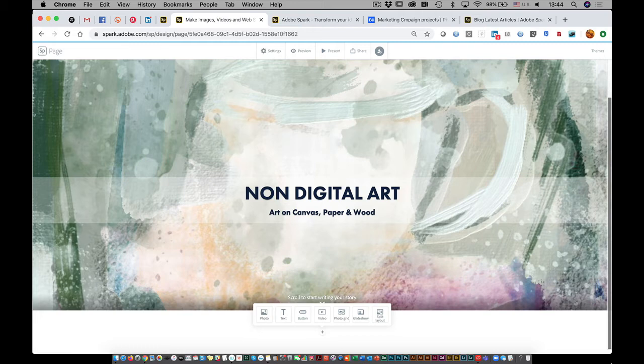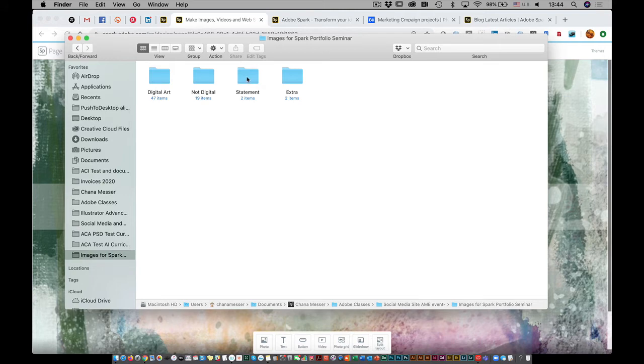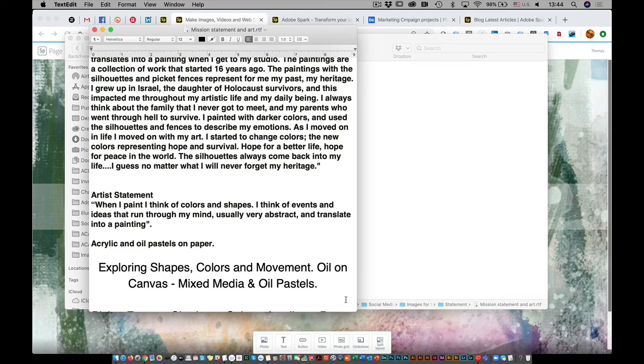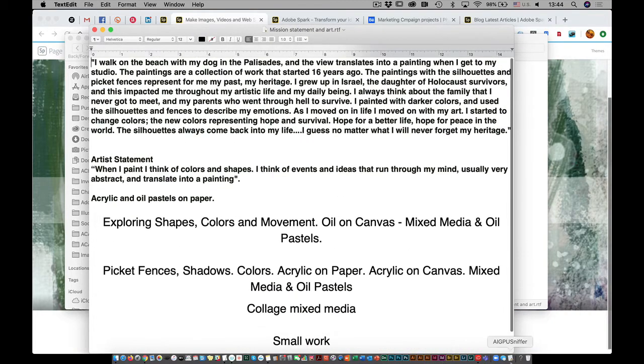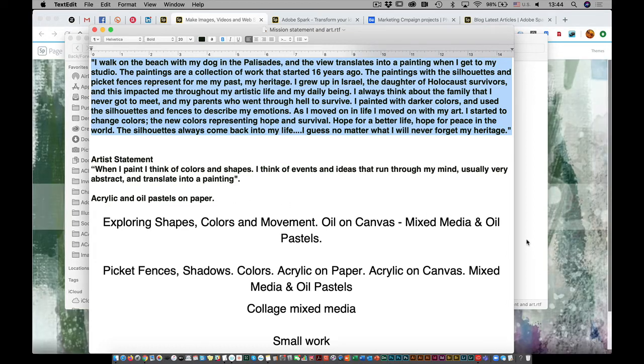So let's say I am going to go to the files that I gave you, unless you have something, and I have two statements over here, and then I have a mission over here. So I have an RTF file telling me stories about the stuff that I do, and a mission statement and everything, and acrylic and pastel. So I might start about me and do that. So I might go in and